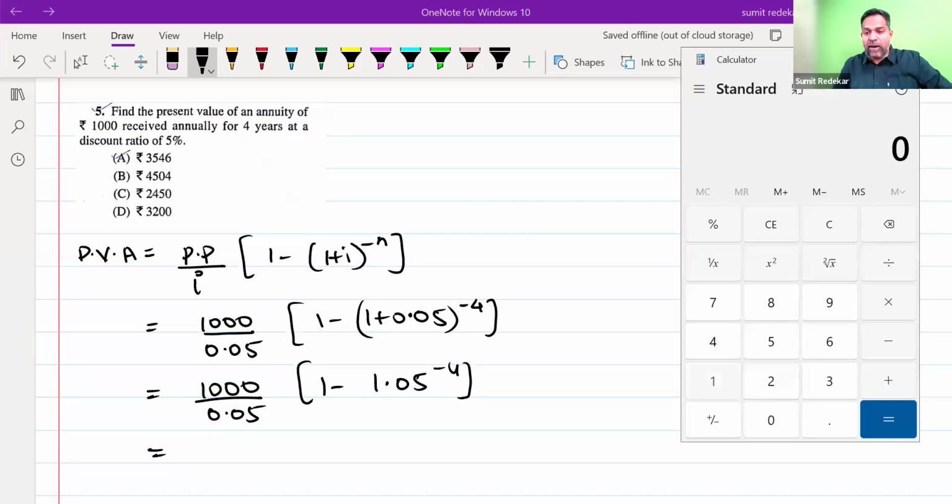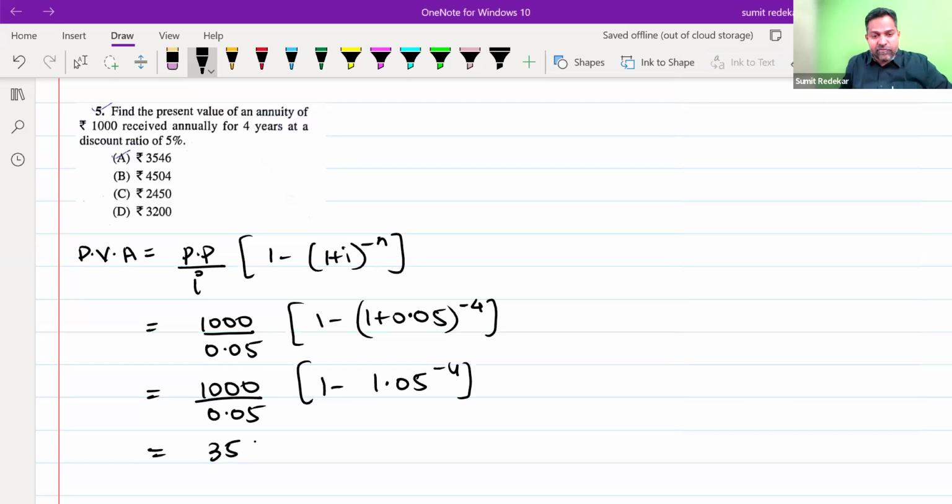So we begin with 1.05, we raise it to 4: 2, 3, 4. We take a reciprocal, we subtract 1 from it, we multiply that by 1000, and then we divide it by 0.05, and the answer works out to be